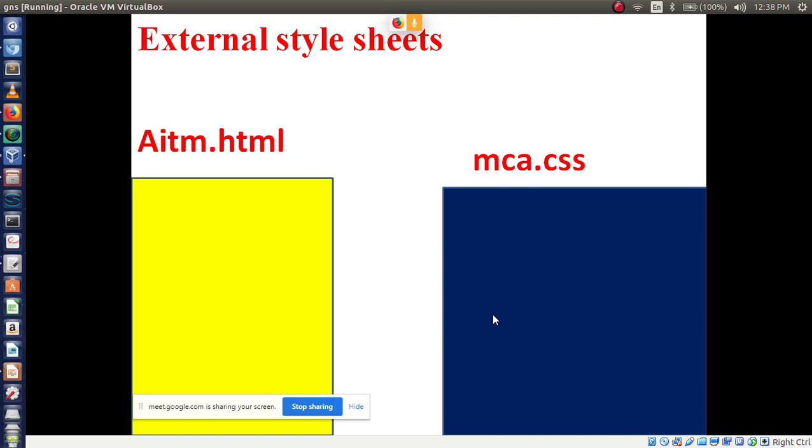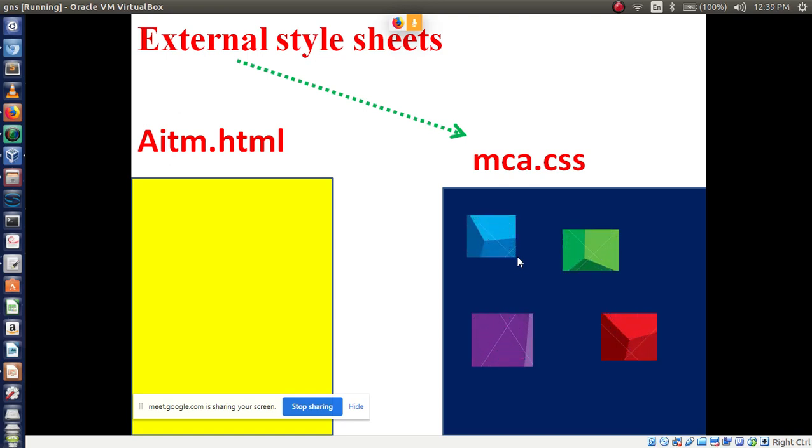I already told you to write the file extensions. Style sheet, we have to use the extension .css. HTML, we have to use extension .html, right? Now external style sheet means, in general I am telling, if you use external style sheet, then compulsorily you need two files. One is .html file, another one is .css file. This is called external style sheet, right? This is apart from your HTML page, so that's why we can call it external style sheet.